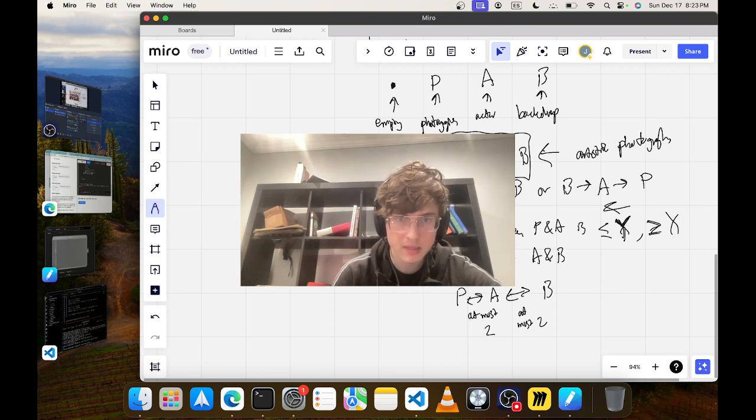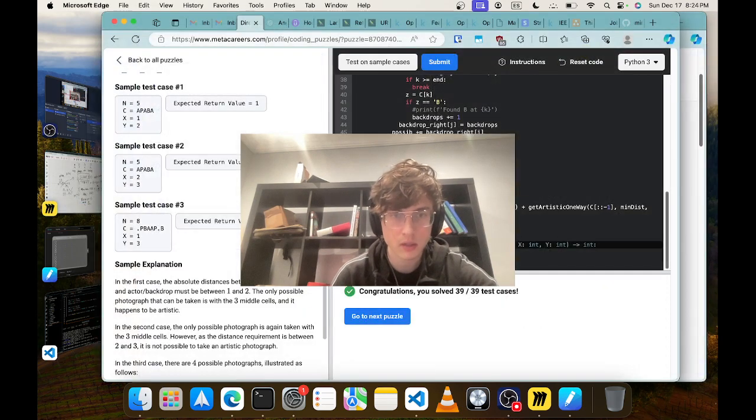If we look at it from the back side, here's our P over here. This is the P that I'm referring to. So there's an A right here, and that's fine. It's between 1 and 2 tiles away, 1 meaning it's right next to it, and then there's a B right here, which is 2 tiles away. There's something here which is an A, but it doesn't matter. So this is a good artistic photograph, and there's another good artistic photograph if we instead choose the same P and then choose this A, and then choose this B here, this is also good. So the number of artistic photographs here is